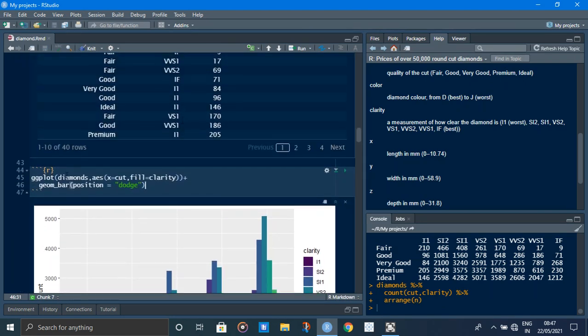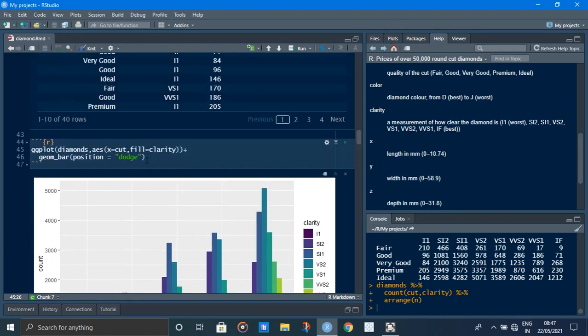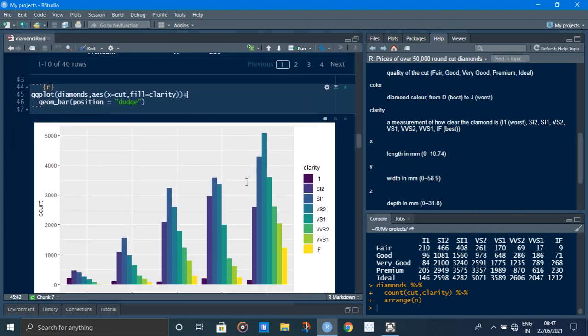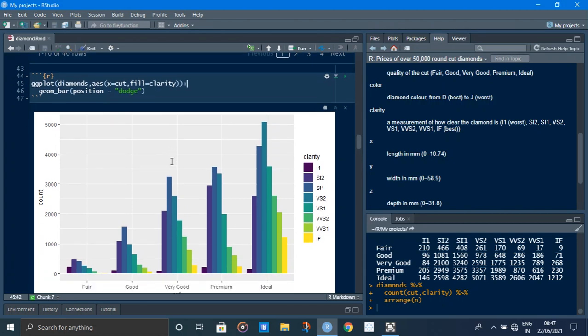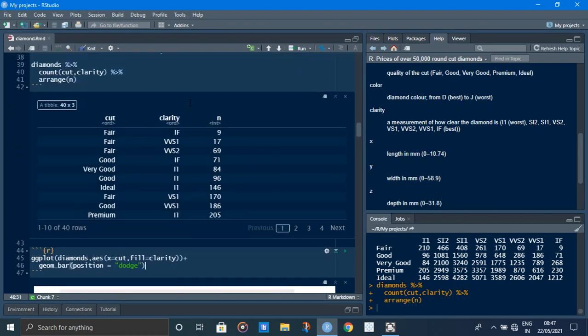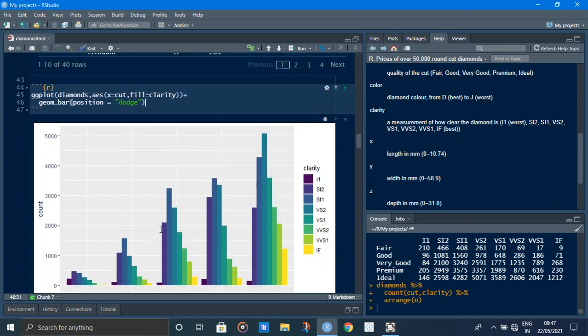So the next ggplot, diamond dataset, aes x equal to cut shows in x-axis, fill equal to clarity. Fill means clarity is filled with the x-axis, and then geom_bar position equal to dodge, meaning the bar charts are colorful.